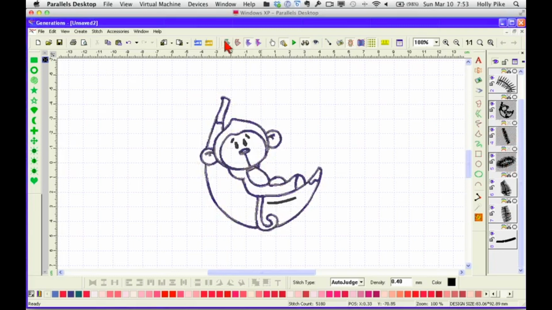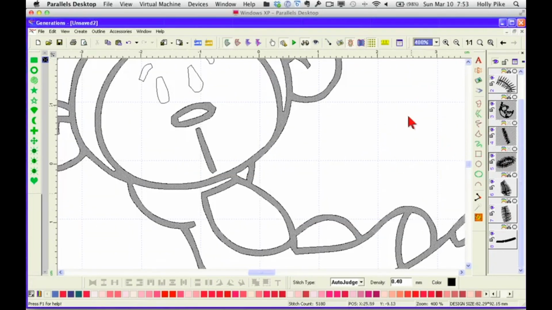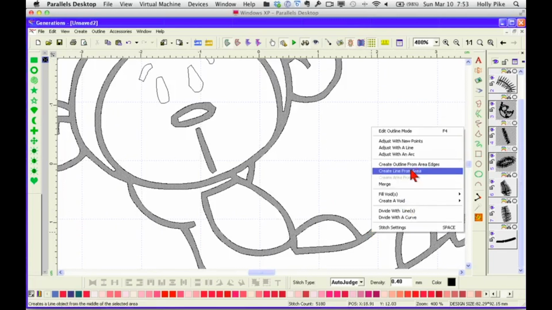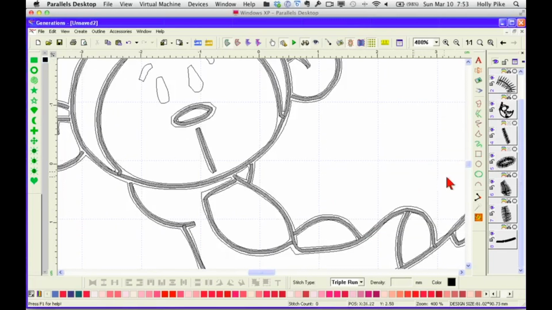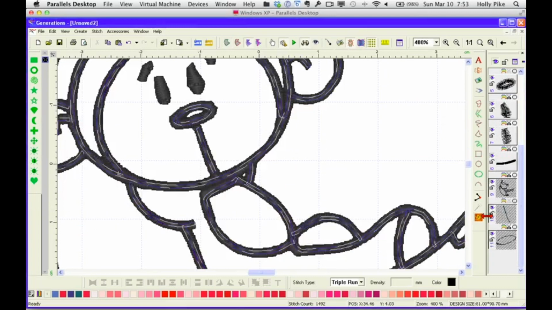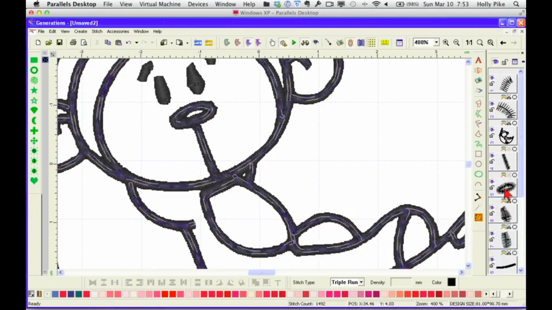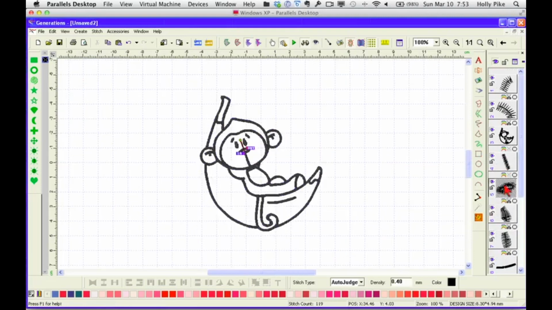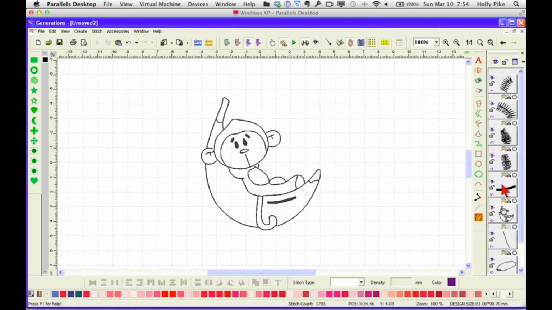little face. We're going to go up here to the view outline icon. Let's make this bigger. Right click and choose create line from area and say OK. Now you see it down here and it's much thinner. So what I need to do is go up here and select these thick pieces and control delete them. Now I basically got a piece of red work, but these guys I've got to change into